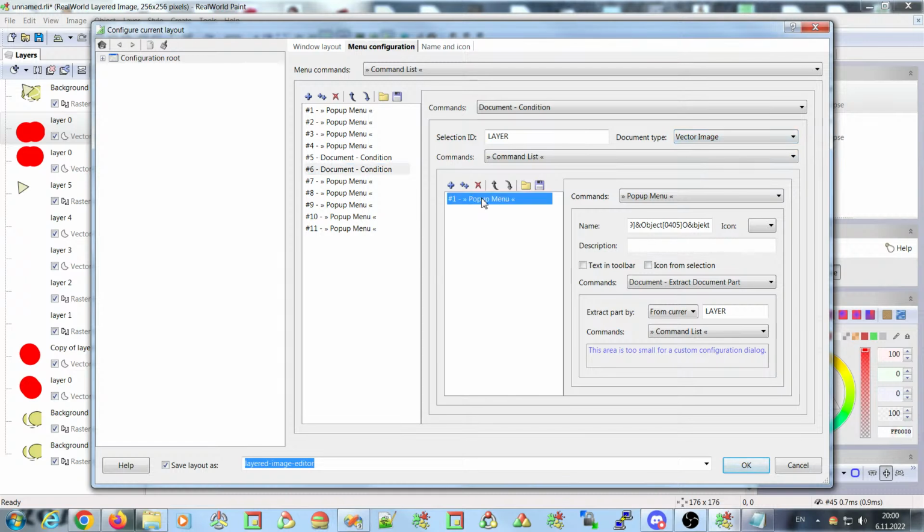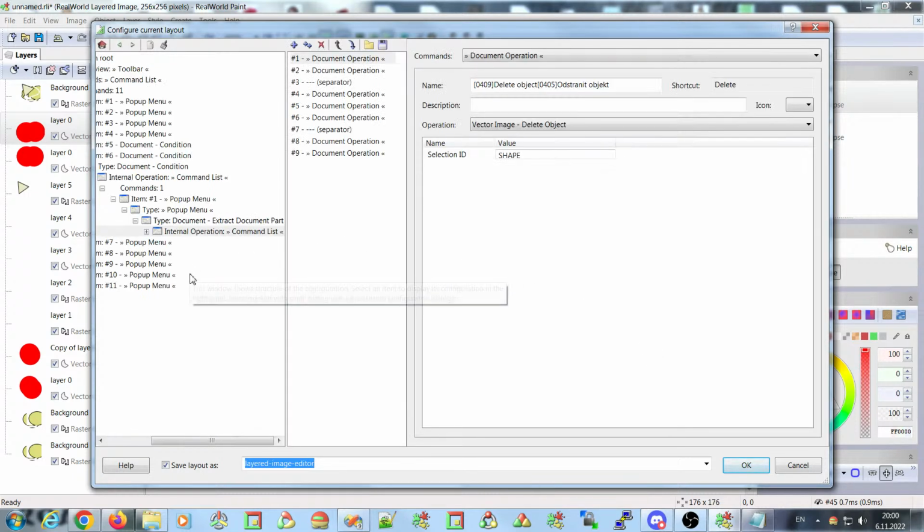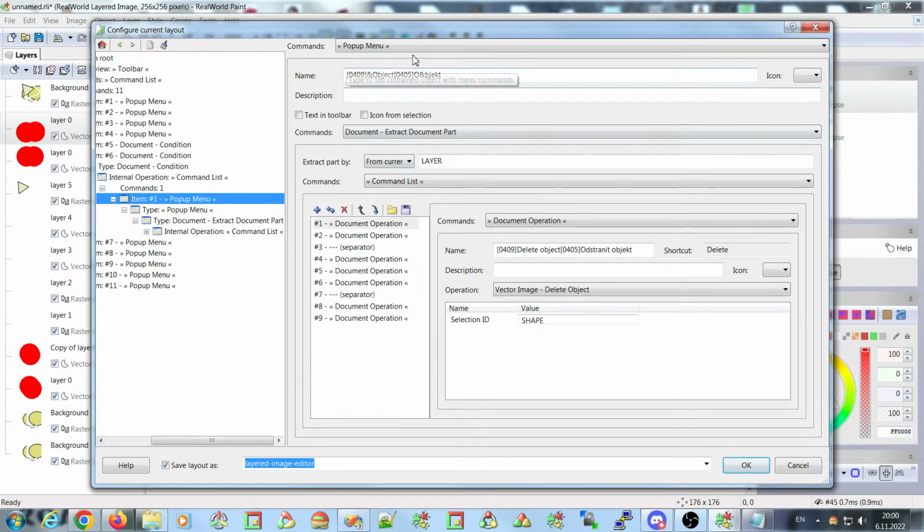And in this case we only have one item that is of type pop-up menu called object, and it has something inside. Let's look what it has inside. So this is the pop-up menu. It has as its child an item called document extract document part, and the part is